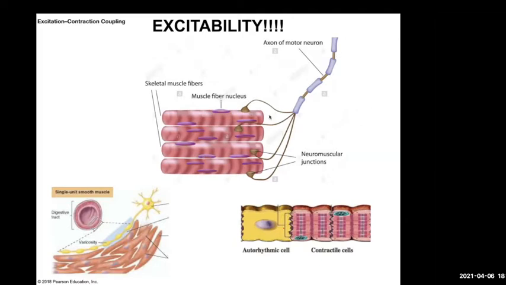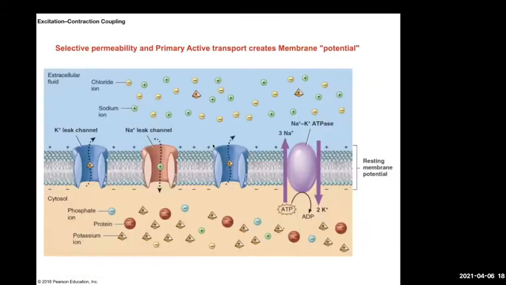And it gets excited either by the nervous system, or it has its own excitability, as we'll see with cardiac muscle, or a combination of the two. But they're all excitable. That is, they can all generate some kind of electrical signal that can be passed on throughout the muscle cell and throughout the tissue in some way. So let's look a little bit at what exactly that means.